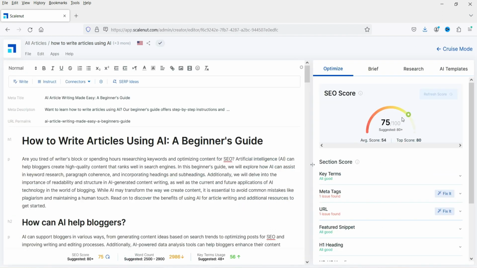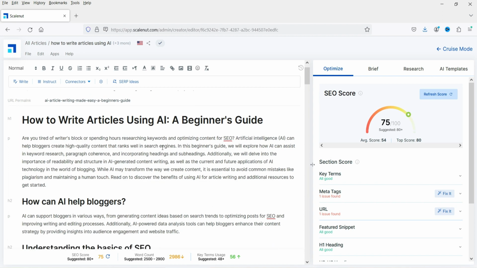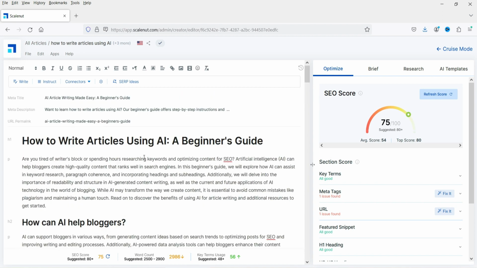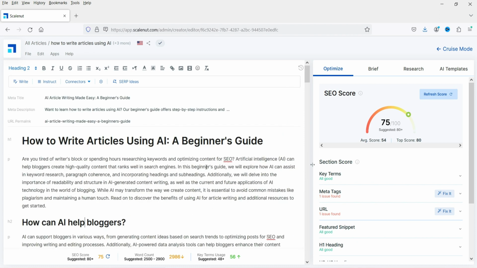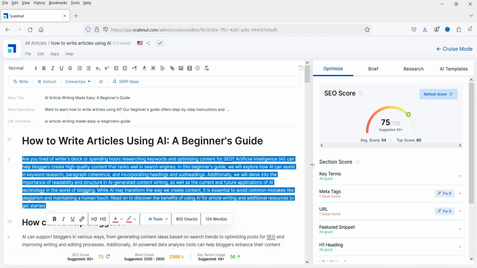and you will see the score here. So this is how it looks. I guess this one must be the H1 tag. So this one is the H1 tag. This is the H2 tag. Article looks good. Now what I'm going to do, I'm going to take one paragraph from this article and I'm